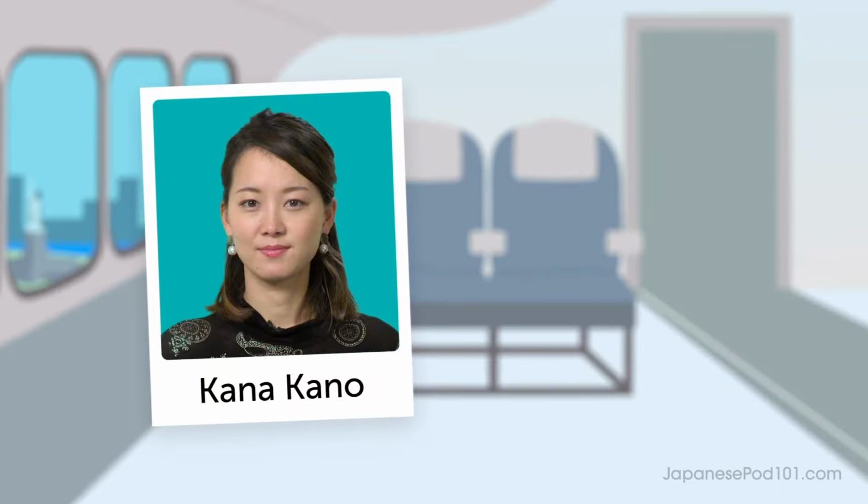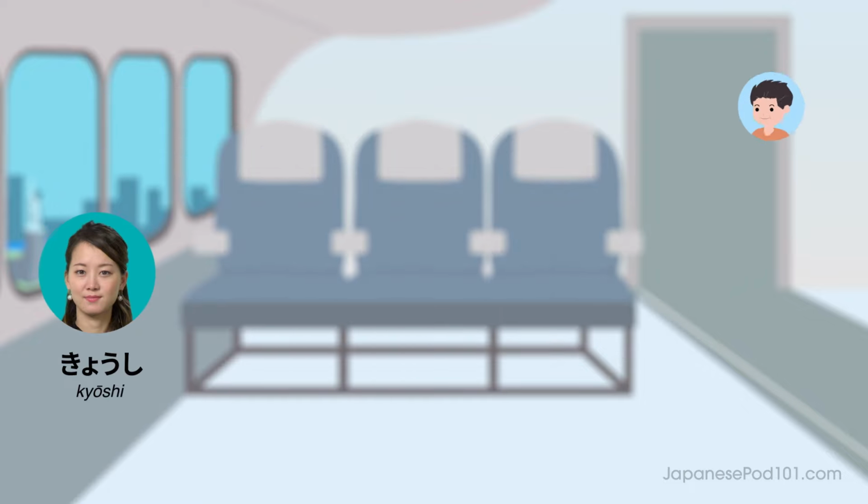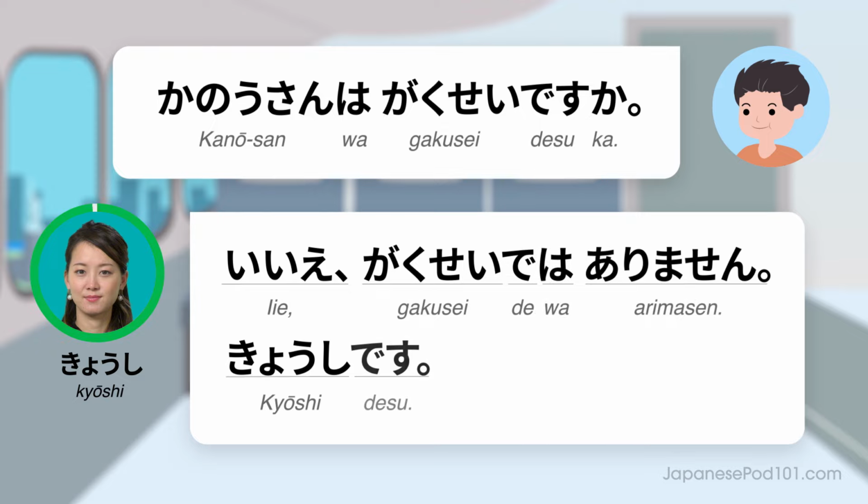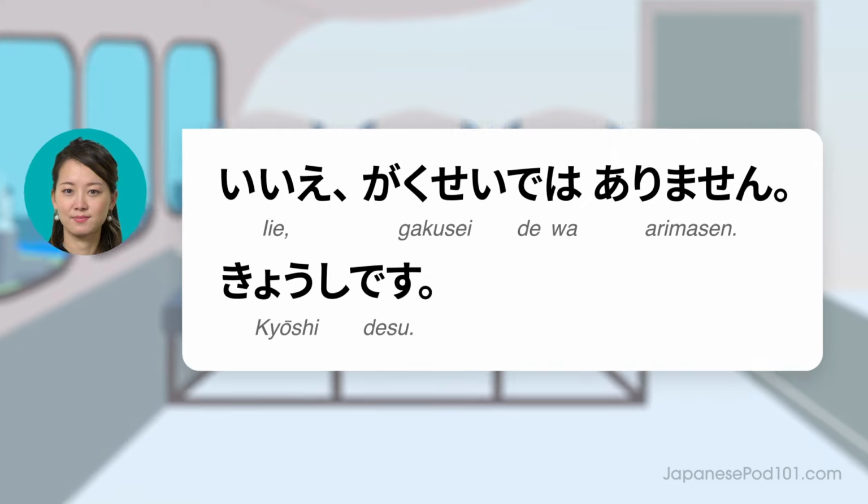Let's try another. Imagine you're Kana Kano and you're a teacher. Ready? 加納さんは学生ですか？いいえ、学生ではありません。教師です。Listen again and repeat. いいえ、学生ではありません。教師です。